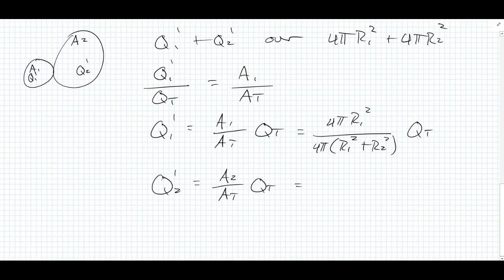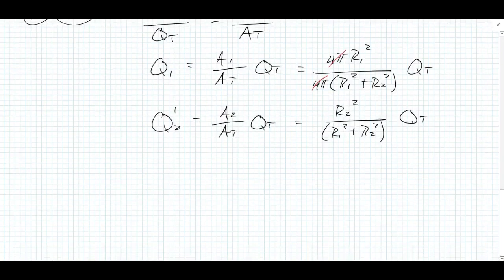And if we look here, we've got 4 pi in the top and the bottom, which means that those are going to cancel. So this is going to be an R2 squared over R1 squared plus R2 squared. So the denominator is the same, and then I've got this QT again. Alright, so we've got Q1 prime and Q2 prime. We already know what the distance between the centers of the two spheres is, so we now are ready to